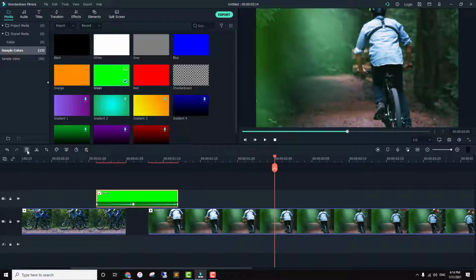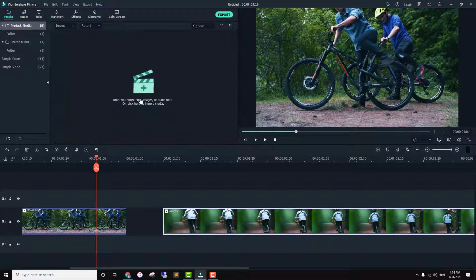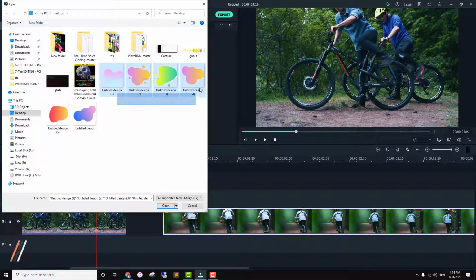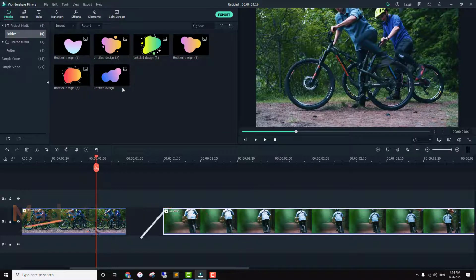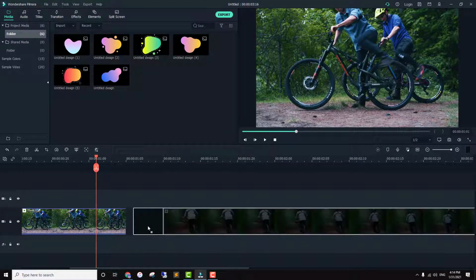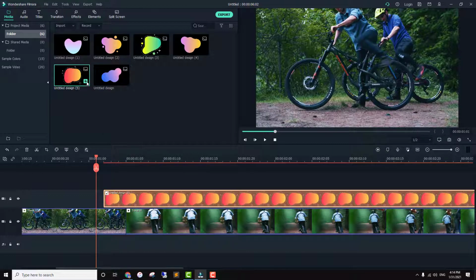Another thing you can do is another type of custom transition. I have downloaded these shapes from the internet, so let me import them inside Filmora. These are images without any background, as you can see. What we will do is add them here one by one.